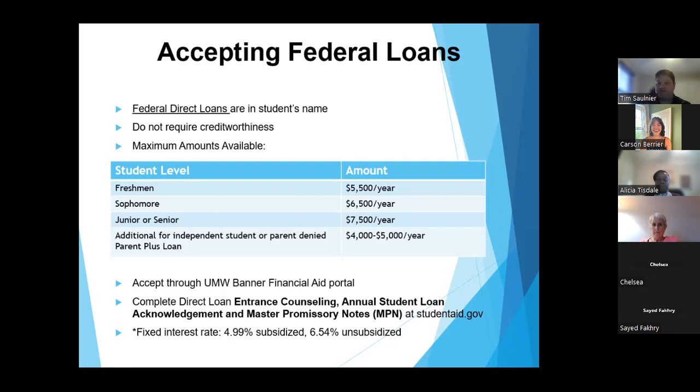The master promissory note is also completed there. That takes about 5 minutes to complete. It's basically acknowledging that you agree to pay back the note. And the student has to provide a couple of different